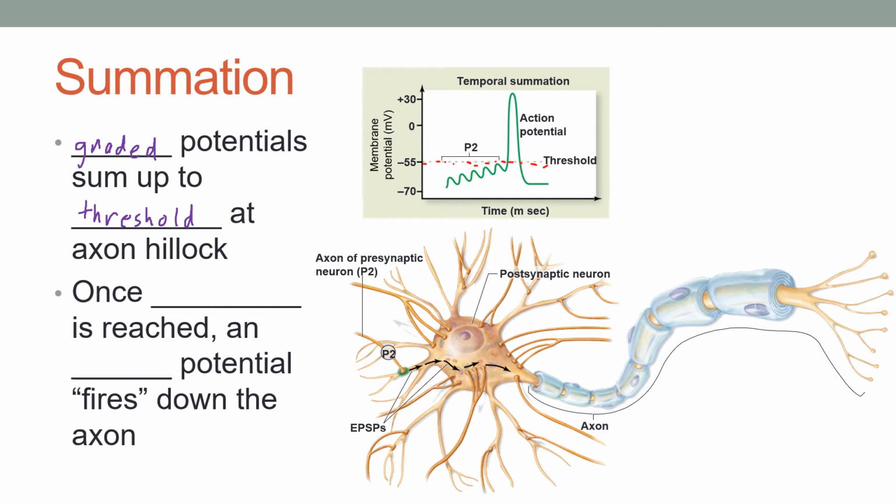Okay, and in this case, this is called temporal summation. Temporal means time. So we have 1, 2, 3, 4, 5 local positive potentials added to this cell over time, all added at the same place. And so we get 1, 2, 3, 4, 5